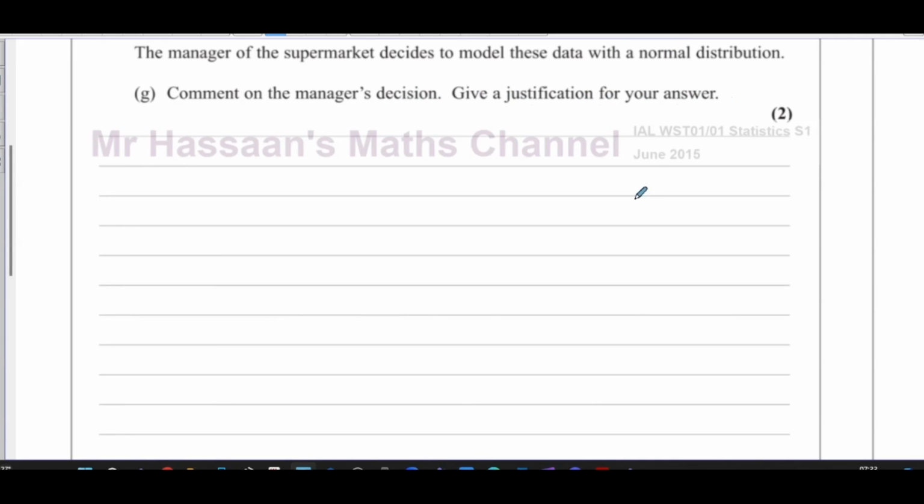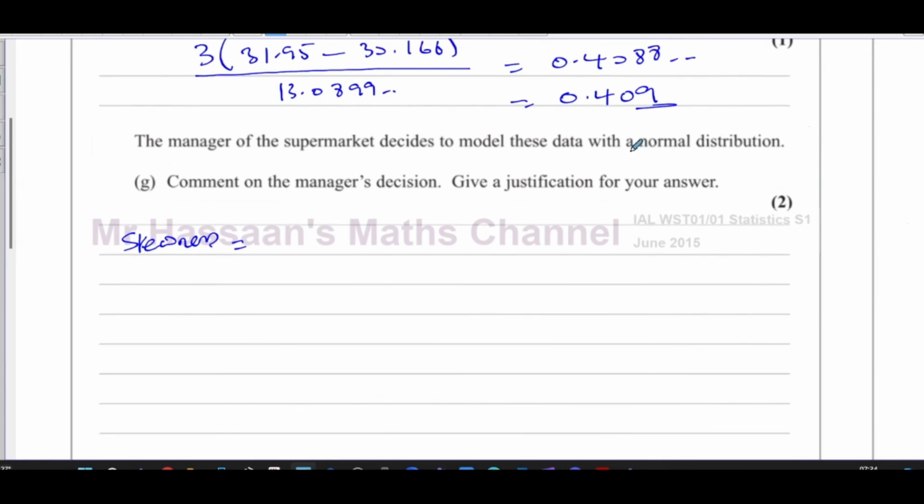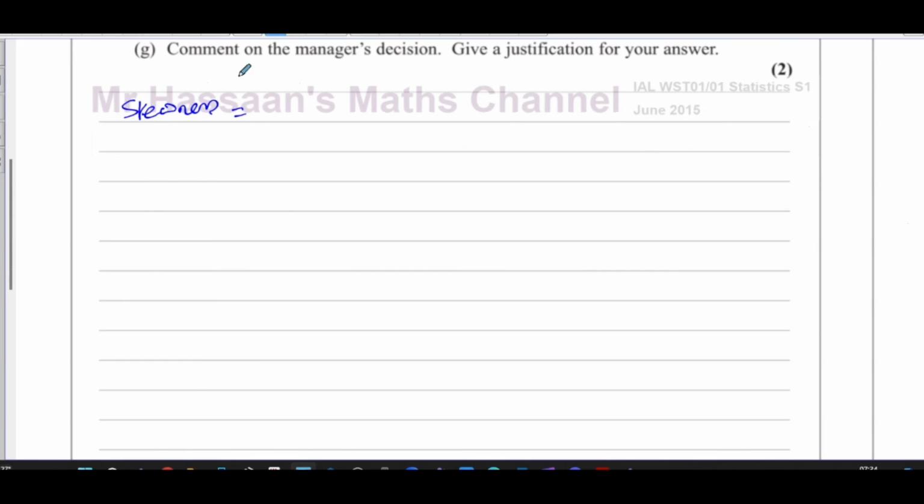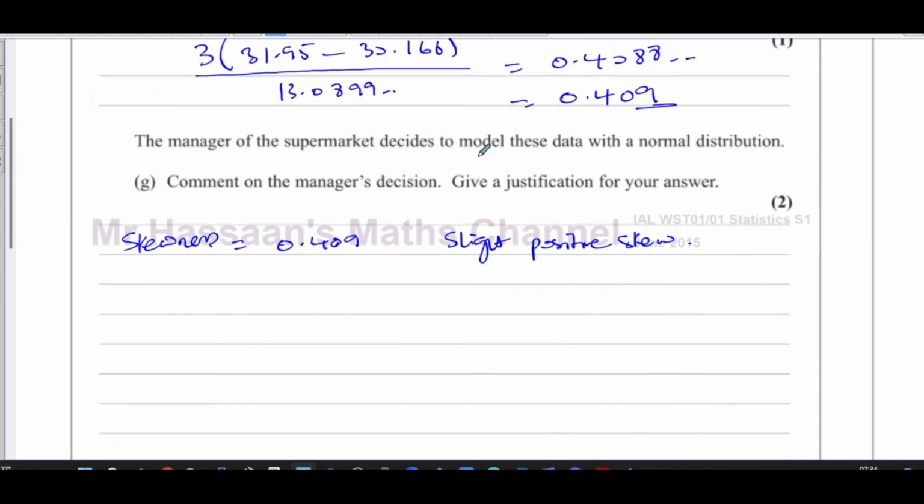Give a justification for your answer. So we worked out that the measure of skewness was equal to 0.409, which shows slight positive skew. Okay, slight positive skew. All right, we can also see from the fact that